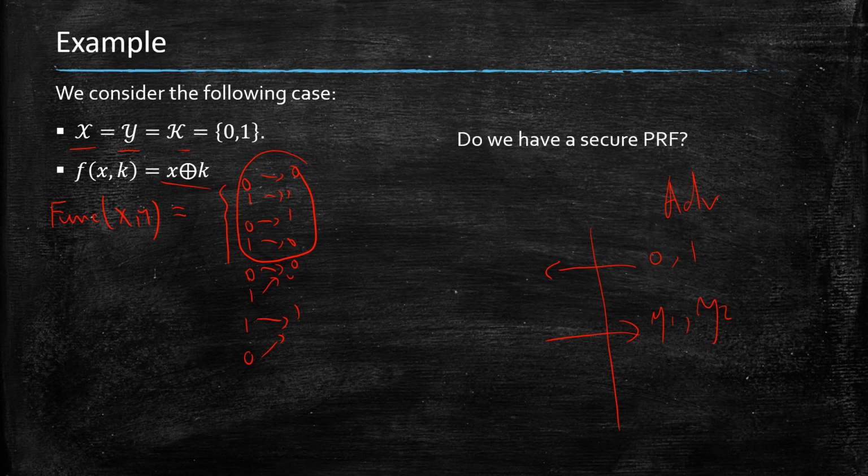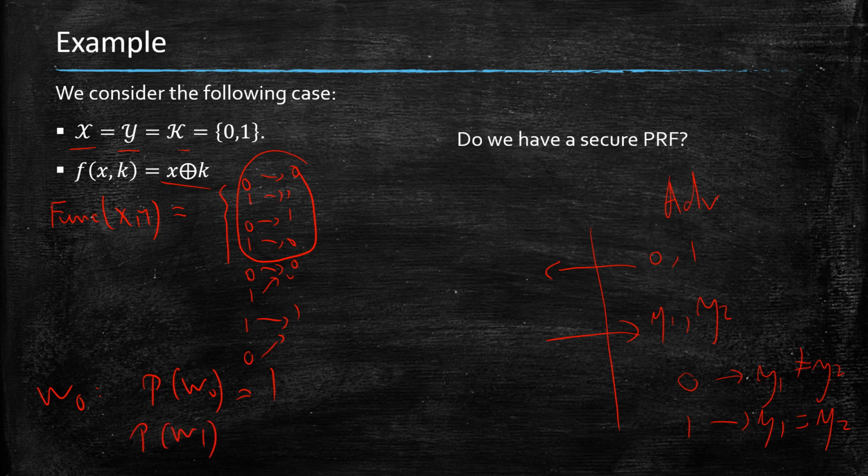The adversary returns 0 if y1 is different than y2, and 1 if y1 equals y2. In the case of the event W0, which corresponds to returning 0 in experiment 0, y1 is always equal to y2, so the probability of W0 is going to be 1,